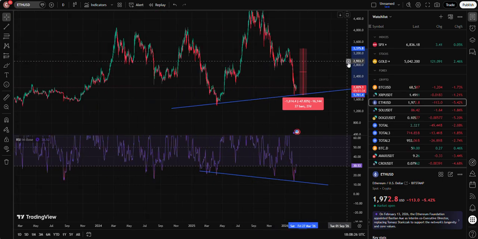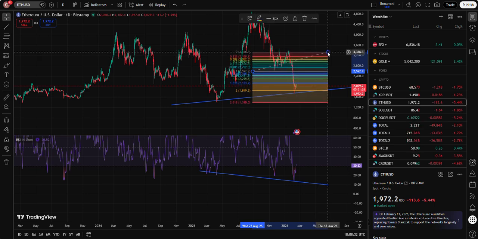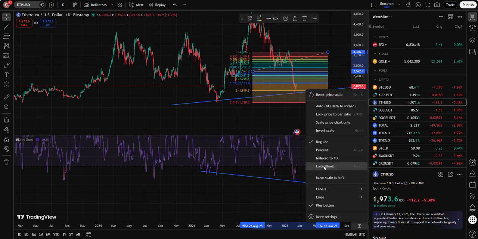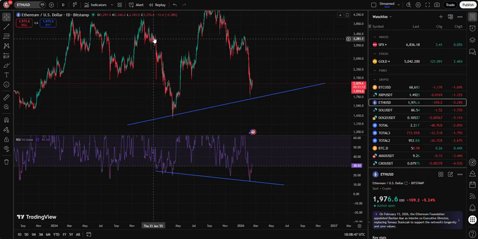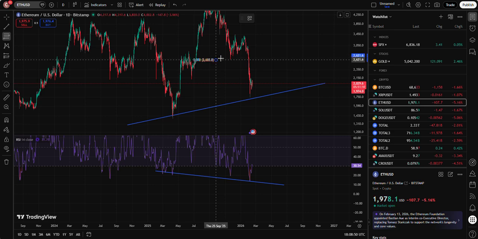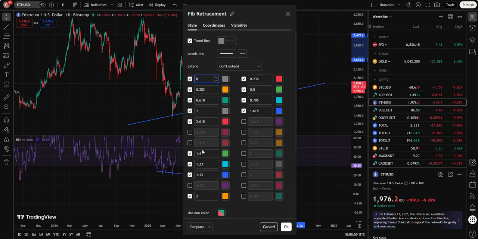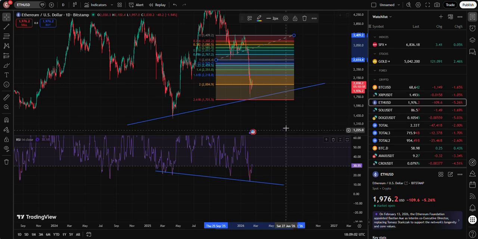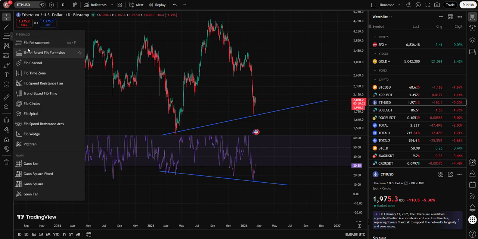So what we can say, what Fibonacci says, if we take this from here until here, it reached 1.618 and reached 2, and now it's come back. Let's go back to this logarithmic, because I don't like how this Fibonacci is working, from here until here. Something is not working well with this Fibonacci. But anyway, let's try the second one.